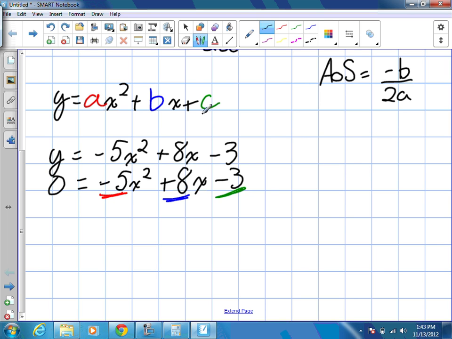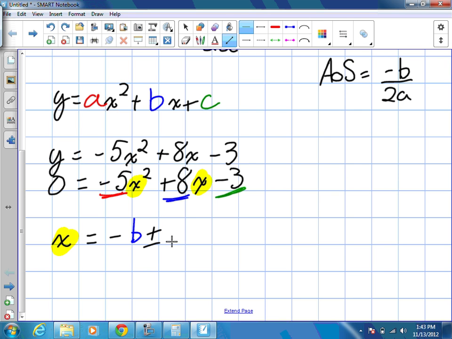The formula, I'm going to rewrite it again, is x equals. So in other words, we're solving for x. That's what this formula is helping us do. We're finding the values of those x's, specifically when y is equal to 0. It's equal to, and I'm going to color code everything. So negative b plus or minus the square root